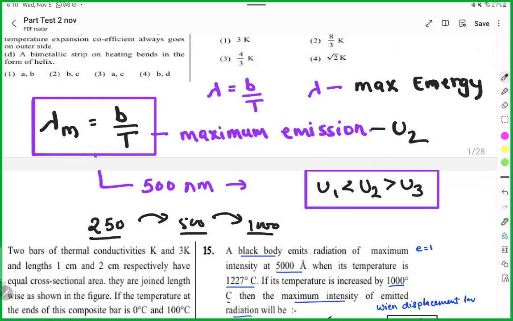Wavelength is every time increasing by double, right? एक इसका हाफ, एक इसका डबल है, तो